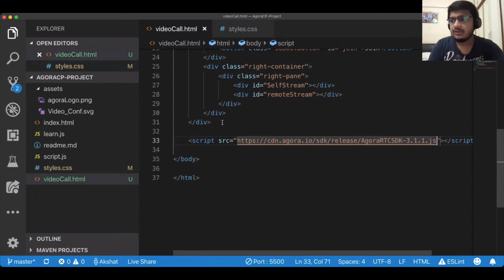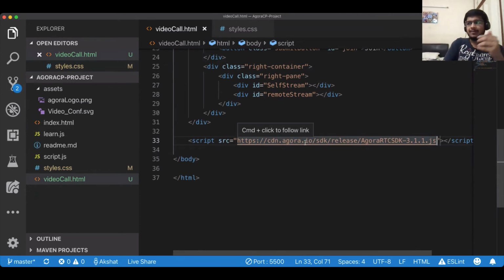If you open the link and see, it's going to have code for the Agora's SDK, and this makes use of Agora's backend. And as William mentioned, how the video calling actually occurs, that's going to be handled through this medium. And this SDK uses your app ID, which I had created right in the start, and helps you implement whatever your requirements are.